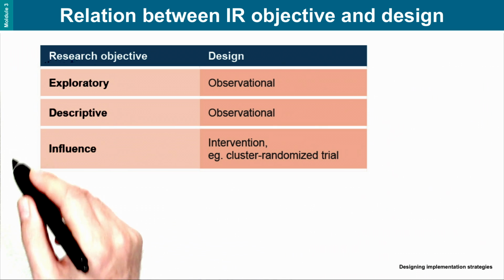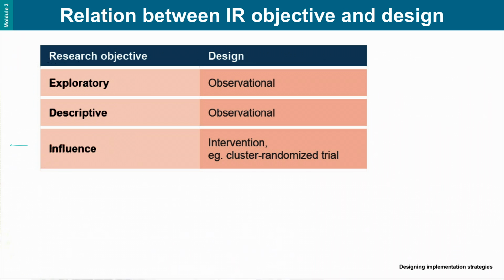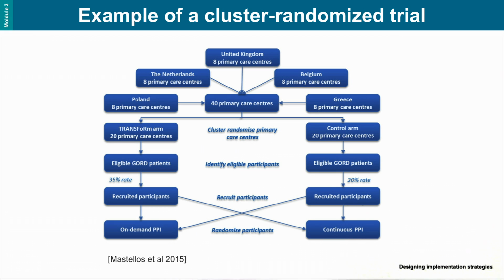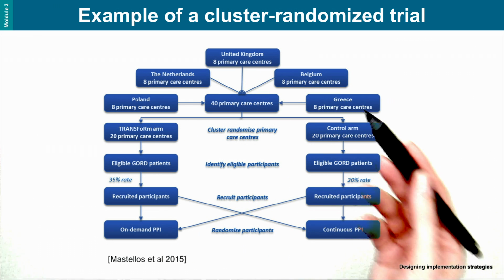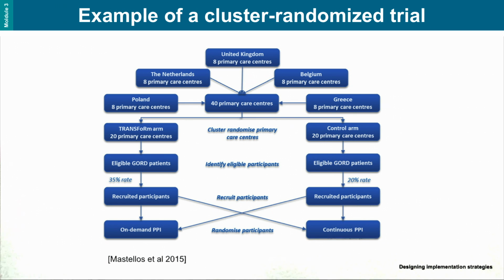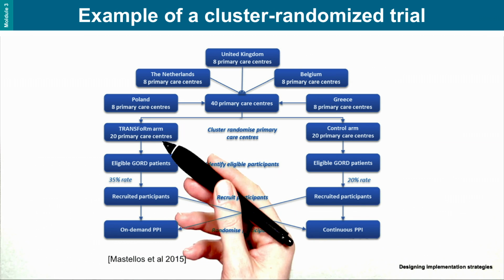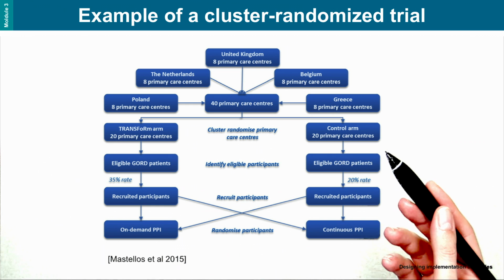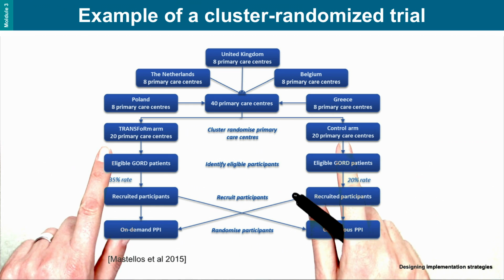So moving on, the influence kind of objective is where an interventional design such as a trial is the most relevant. So here we've got a schematic diagram of a cluster randomized trial to evaluate the effectiveness of e-health supported patient recruitment called Transform in primary care research. It was done in 5 countries, and between them they included primary care centres, which were the clusters, randomized to either the Transform arm, 20 of them, and 20 to the control arm,